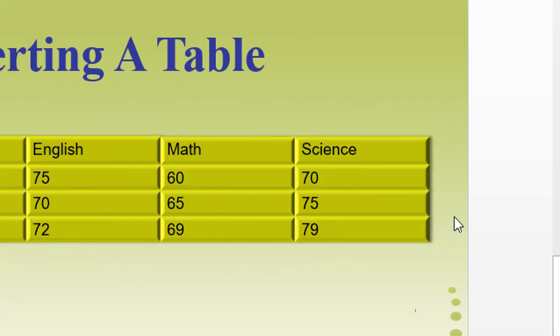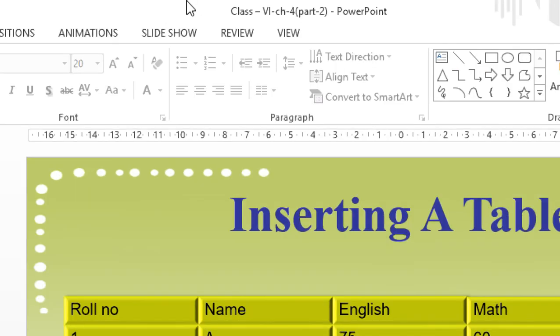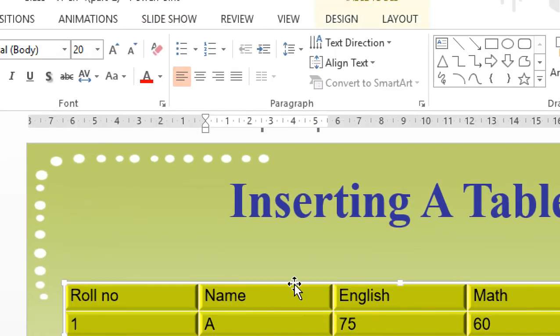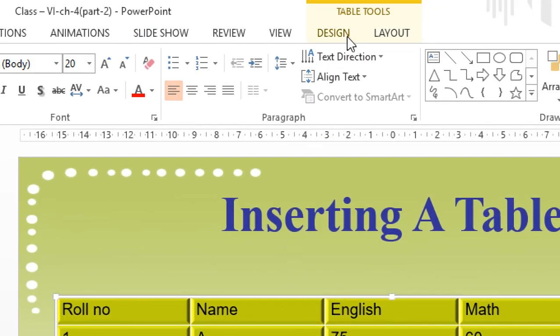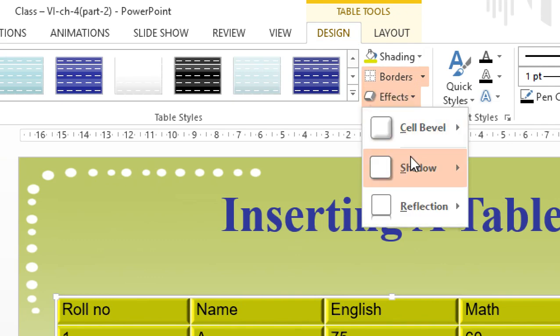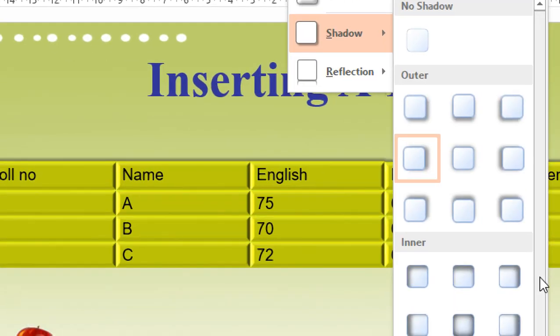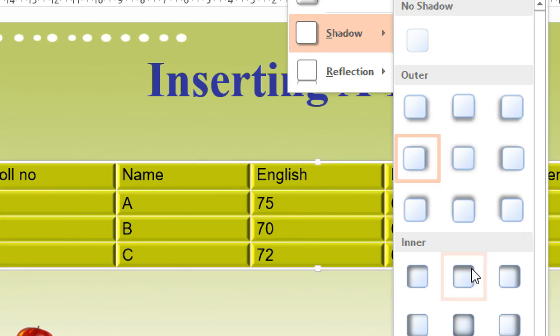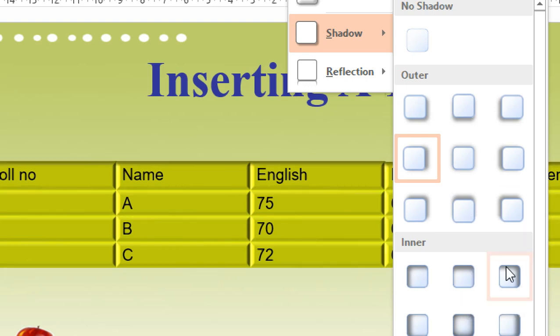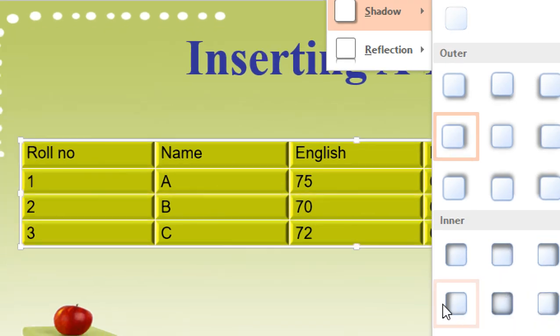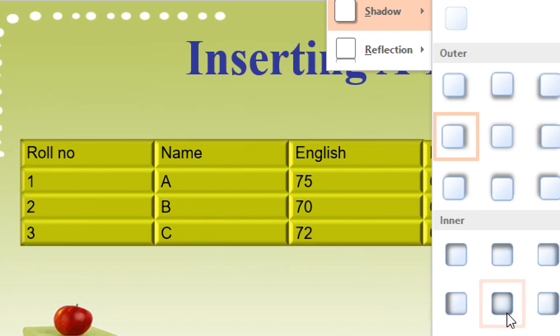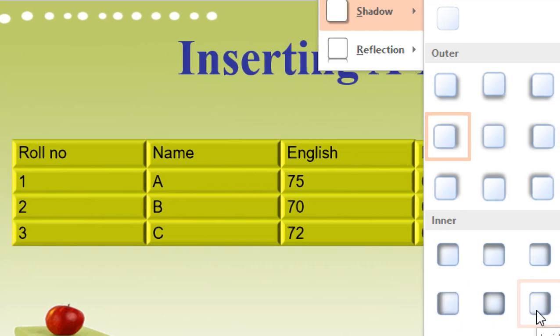So you will get one shadow of the table. This is the shadow option, which you can use if you want. Any shadow effect you can apply: outside, upside, inside, left side, center, right side. All these effects you can do.